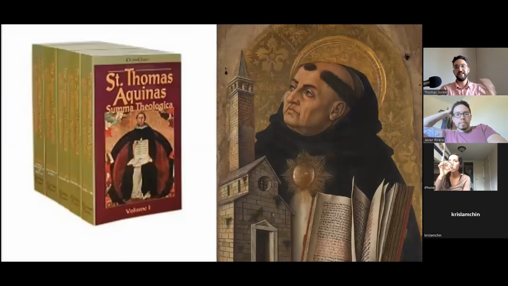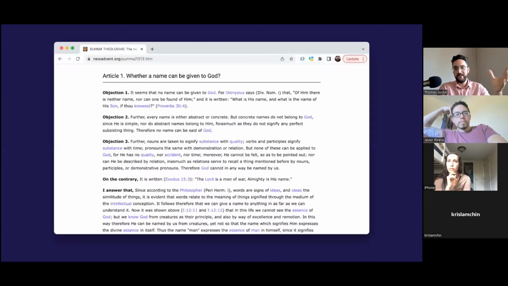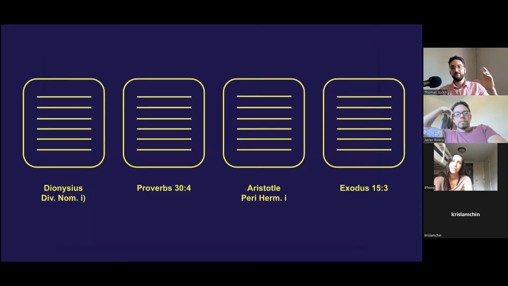One of the exemplars of this kind of reading, and actually writing or authoring, is St. Thomas Aquinas with the Summa Theologica. Here's one example from the website edition of it. If we notice here, we see a question asked, then a listing of objections by a hypothetical speaker, then a quotation of 'on the contrary,' and then our answer. In the objections, as well as the reply, there is quoting of four different texts. We have Pseudo-Dionysius, the Proverbs, Aristotle, and Exodus, all being quoted inside the text.